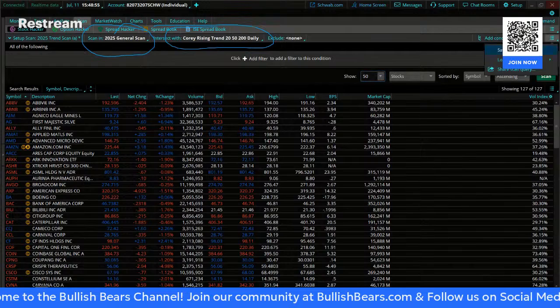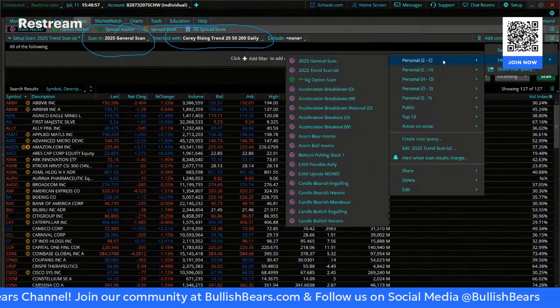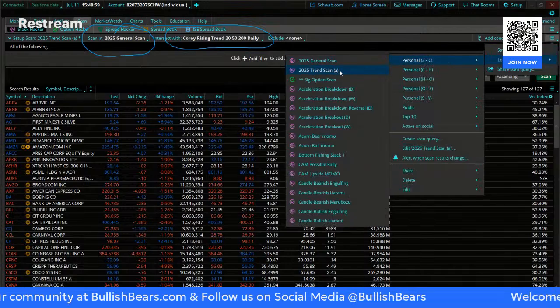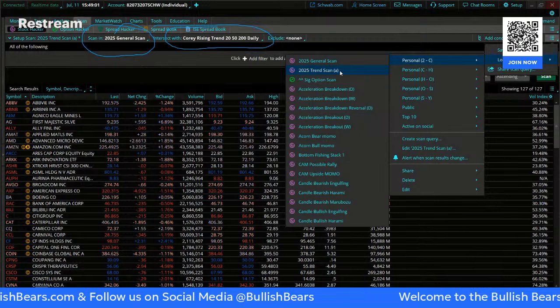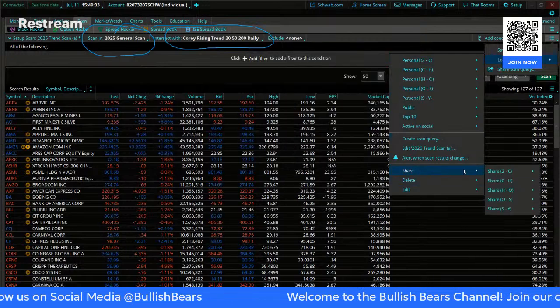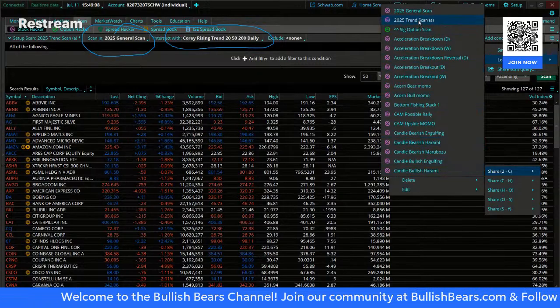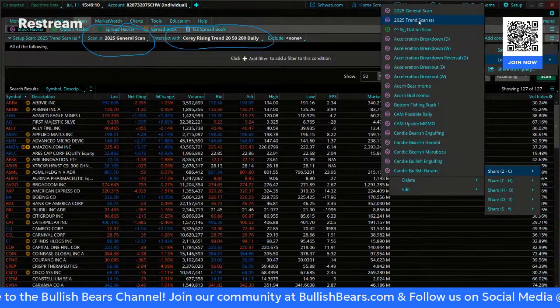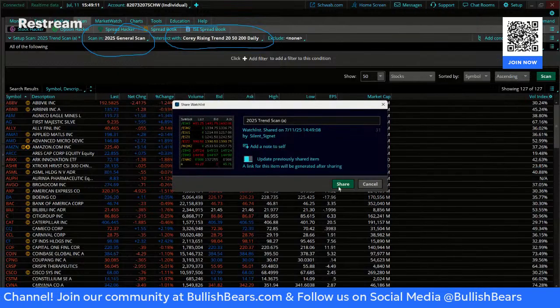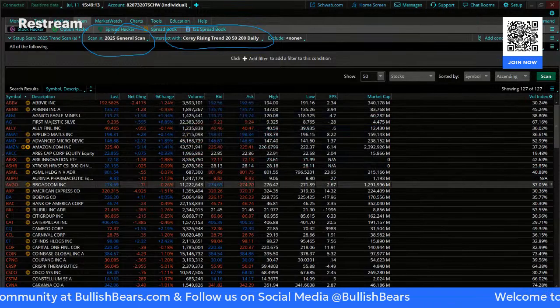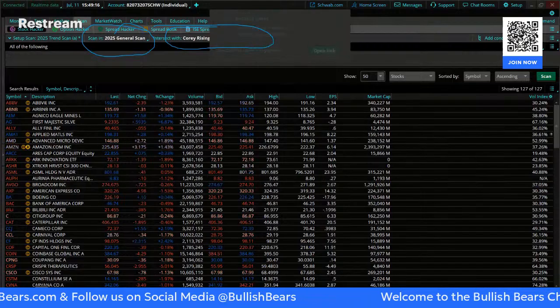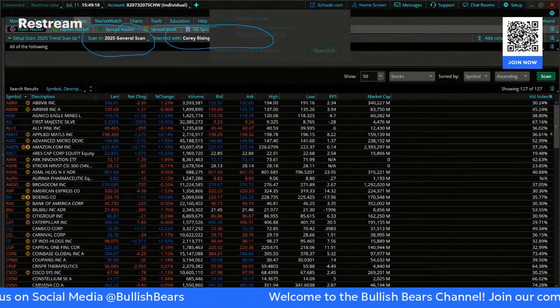and then name it something, right? So here's the third one. I have mine named just trend scan, but you could name it whatever you like. So I'll share that one with you. And since we built it this way in the stream, you can always go back and watch the replay and maybe go through these steps at a slower pace.